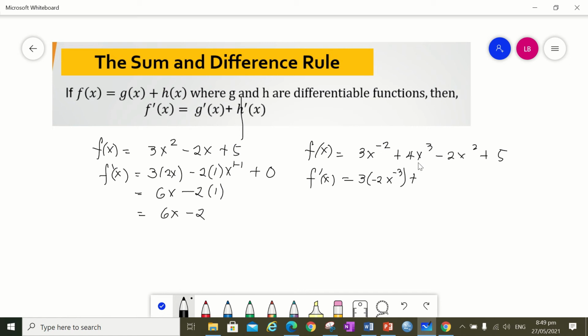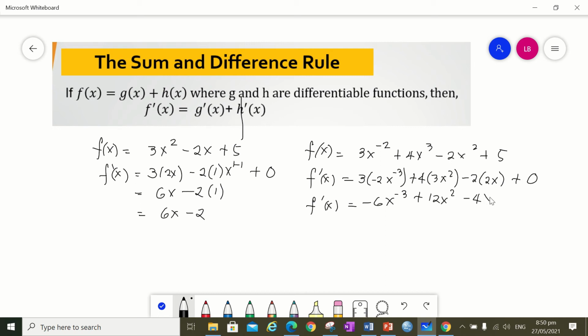plus 4 times the derivative of x cubed, which is 3x squared, minus 2 times the derivative of x squared, which is 2x. Since 3 minus 1 is 2, that's why it is 3x squared. Plus the derivative of the constant, which is 0. So the derivative now is negative 6x raised to negative 3 plus 12x squared